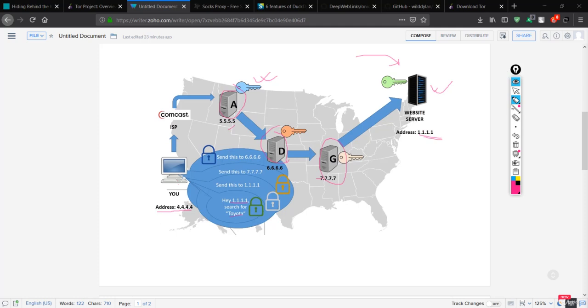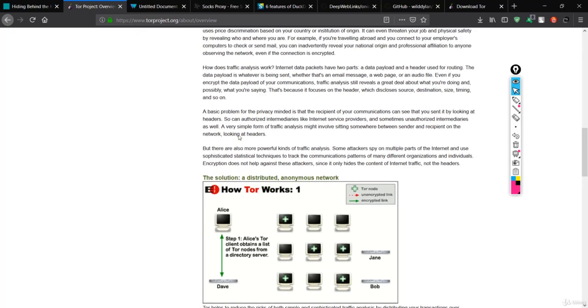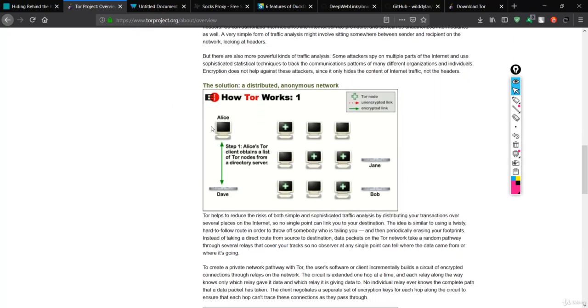So let me show you what I'm talking about over here. Let me go to the documentation of the Tor project, and you'll see how Tor works. Alice is the one that is going to be giving the source, and Dave is the other client, between whom there will be message encryption.